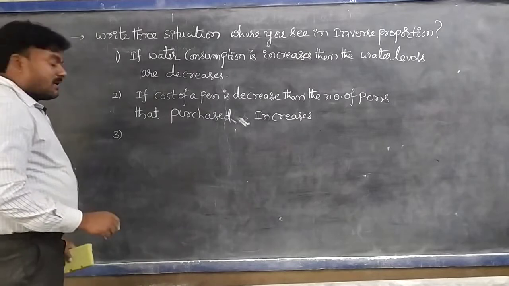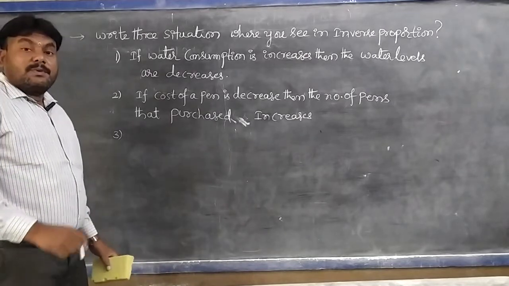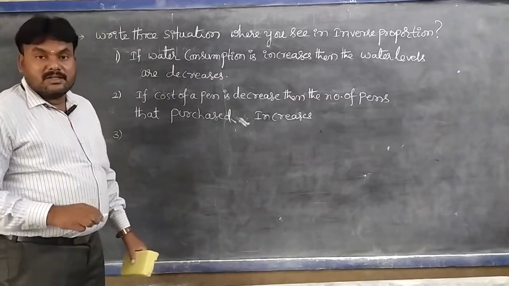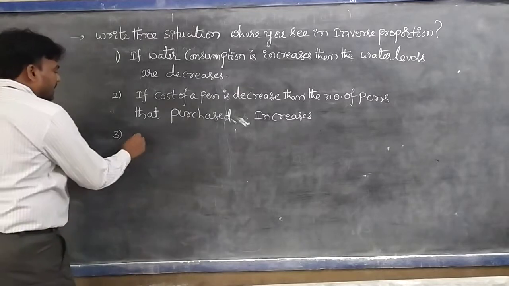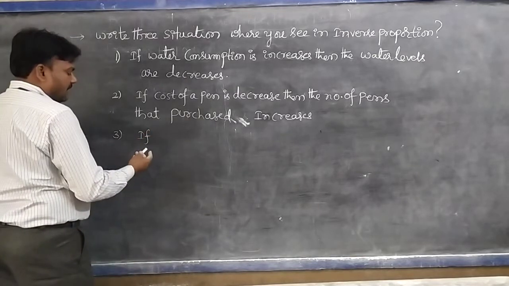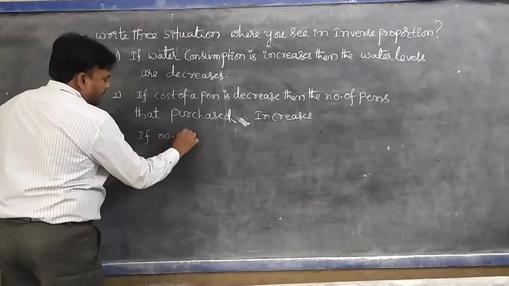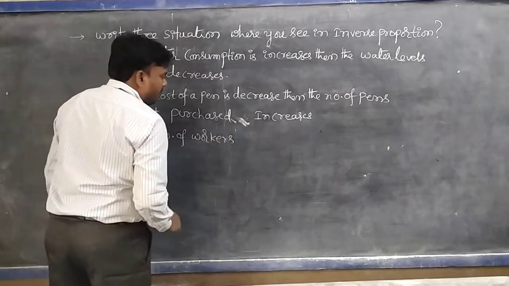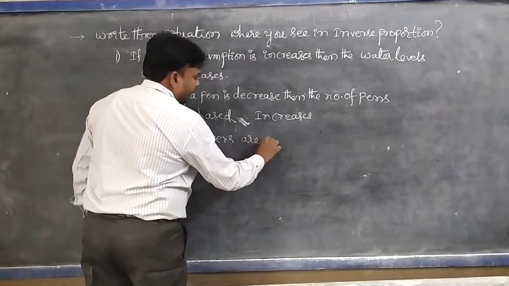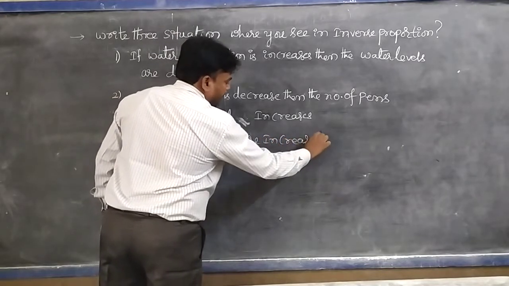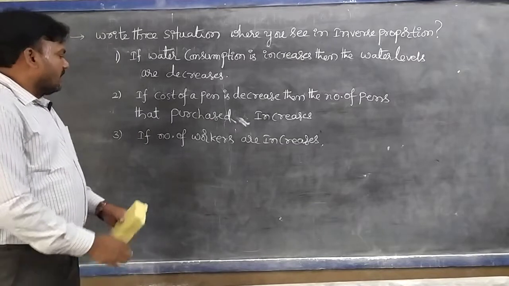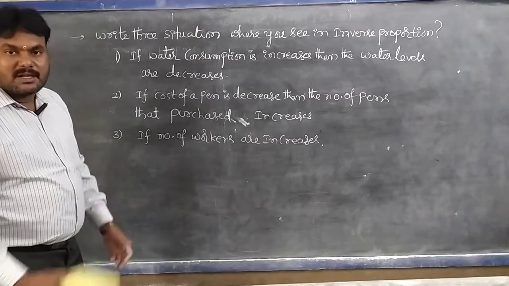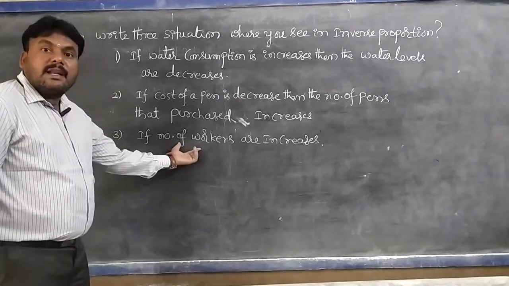And also, here we know very well how it is. If the speed increases, then automatically time decreases. This is mathematical. Or if you observe in our daily life, if the number of workers increases, the number of workers means the capacity of working. Now we are taking simply the number of workers.